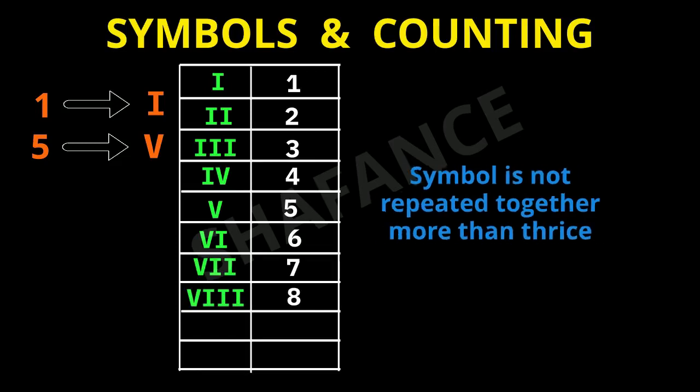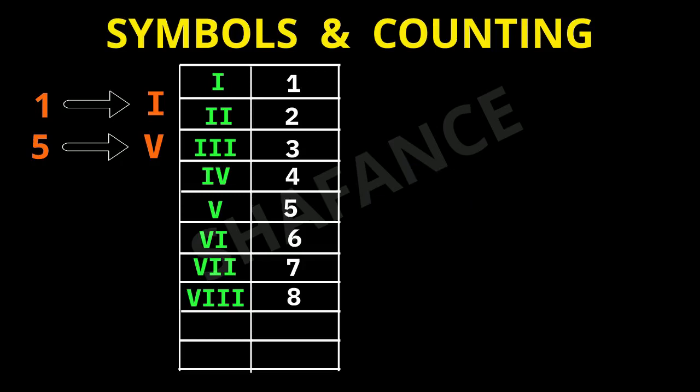Now for symbol of 9, first we have to see the symbol of 10. Symbol of 10 is X. It's similar to alphabet X. So now for writing 9 in Roman numerals, what we do is we subtract 1. That is, we keep the symbol of 1 on the left hand side of 10. So we get 9 in this. And then 10 is represented by X.